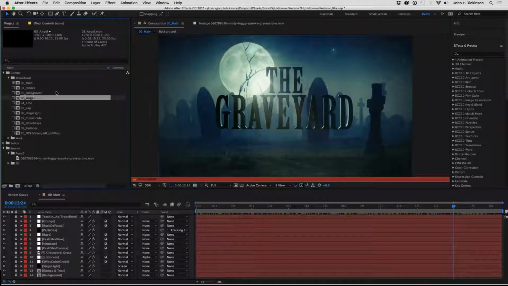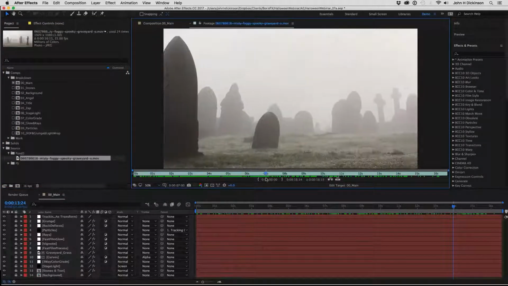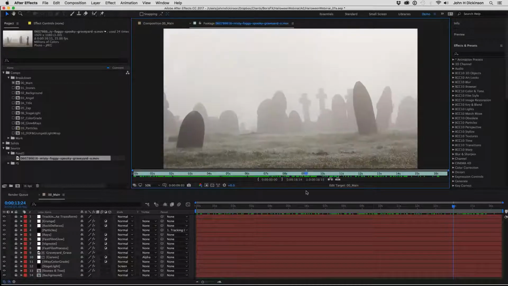And I've rendered proxies with these as well, so it just speeds things up. All right, so when you start a shot like this, let's just have a look at the final again. Oh, the original. When you look at a shot like this and you know you want to replace the sky,